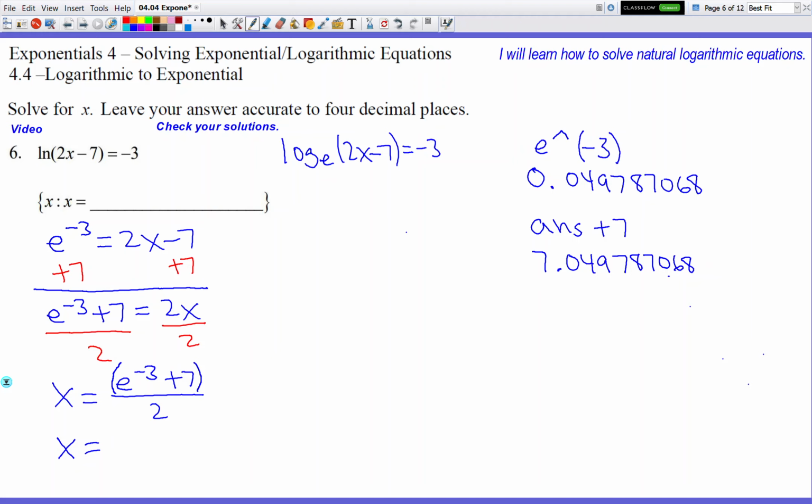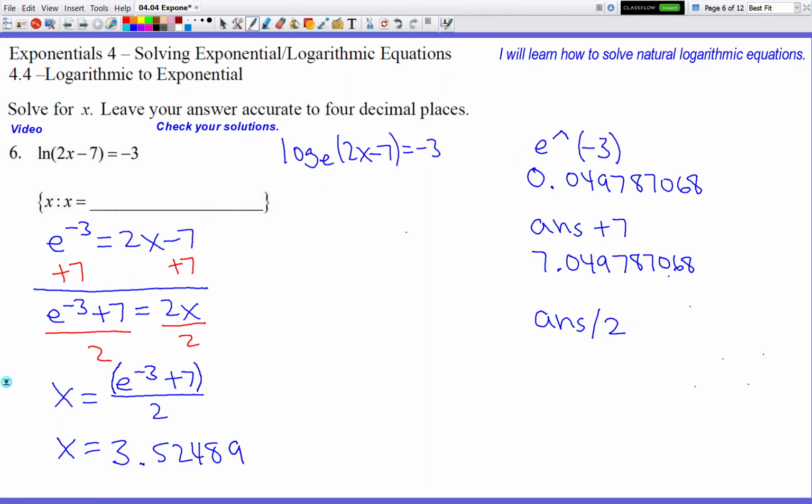So it's going to go ANS, answer, and then you're going to hit divide by 2. Okay, and when you hit divide by 2, you're going to hit enter, and you're going to get the final answer for this problem, which I'm going to write next to the x on this left side. So you're going to get 3.5248,